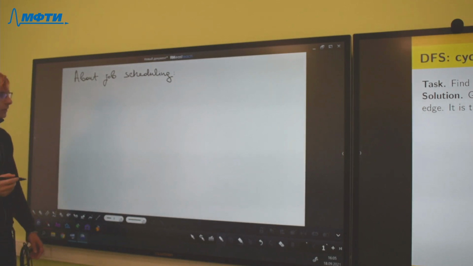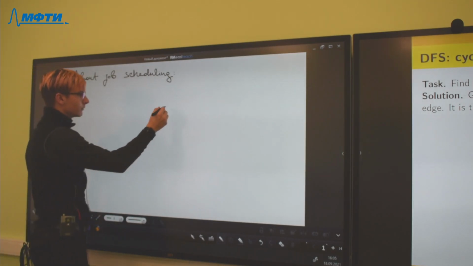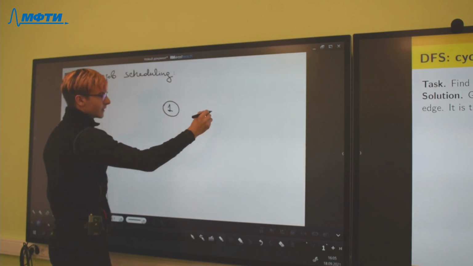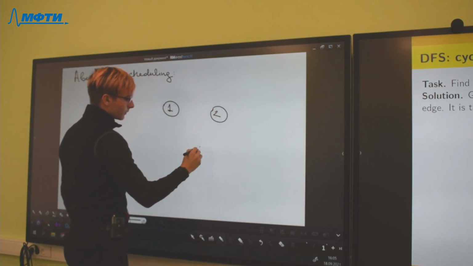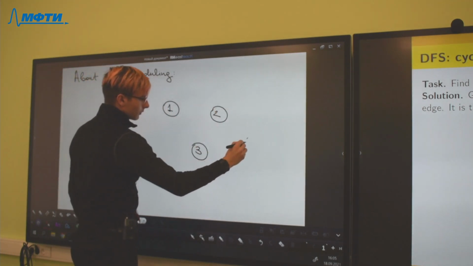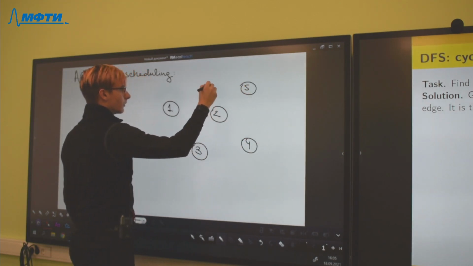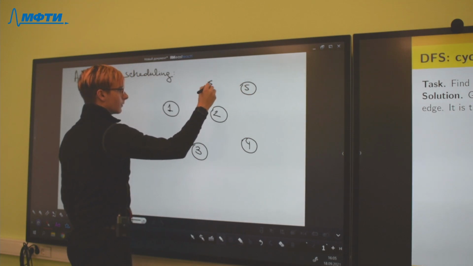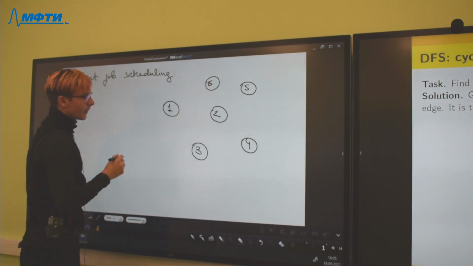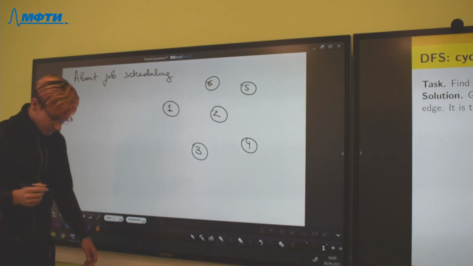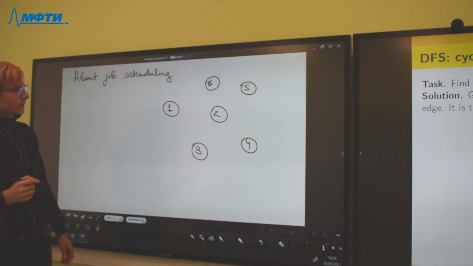For example, if you have different tasks in your job, yep, and one task depends on another task.